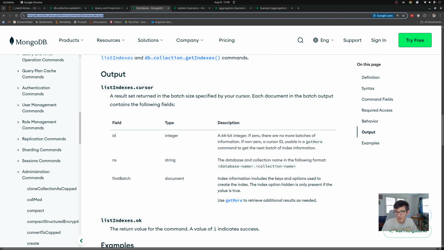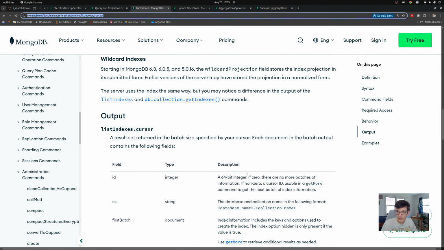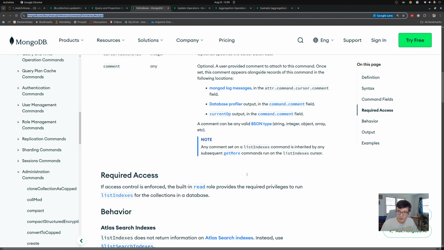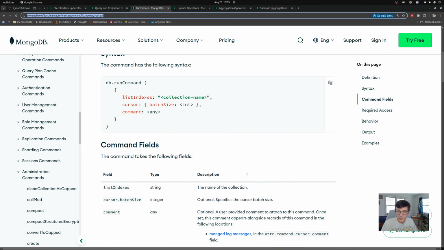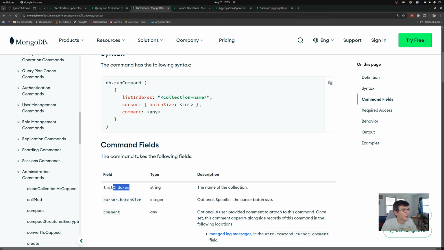You can go onto MongoDB and find out a little bit more. Another quick aside before we get into the meat of what I want to talk about today: you'll note here that the list indices command looks a little bit different in the MongoDB documentation than what you just saw me run. Here, note it's written with